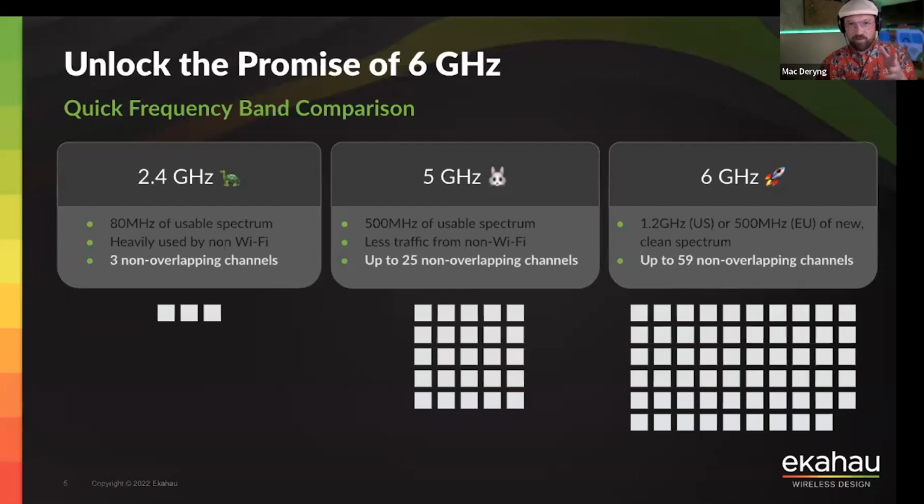So you can see these beautiful squares that represent the number of available channels across multiple different bands. Starting with 2.4, we have just 3 non-overlapping channels, and it is not too much, guys. We have 80 megahertz of usable spectrum, but in the real world, we are using just 60 megahertz, so just 3 non-overlapping channels. In 5 gigahertz, we are going up to 25 non-overlapping channels, and it's a big deal on 5 gigahertz versus 2.4 because you can have more radios in the same geographical area serving clients, adding more capacity